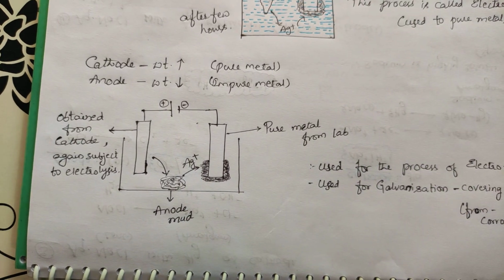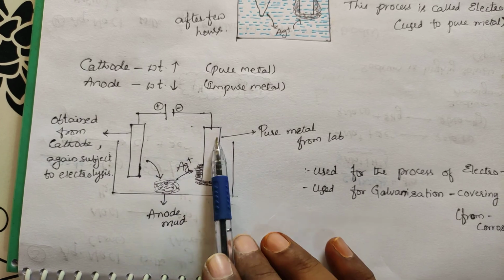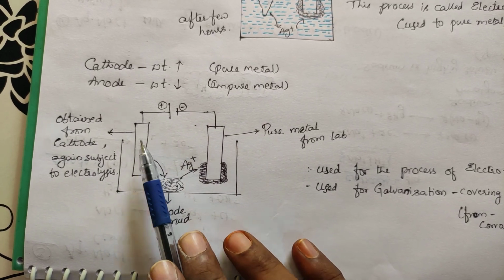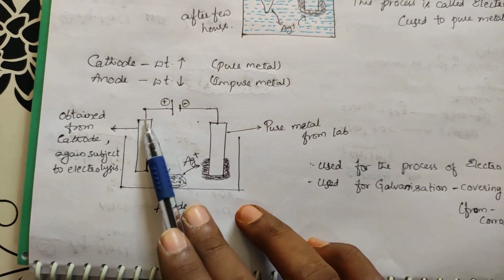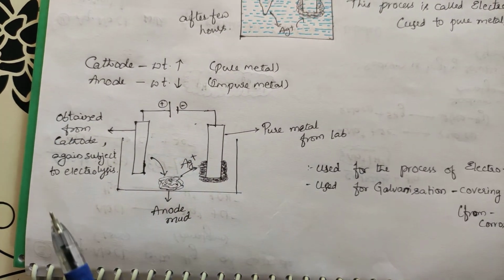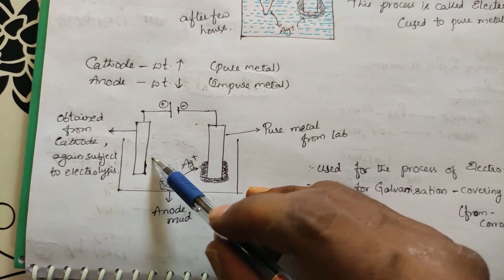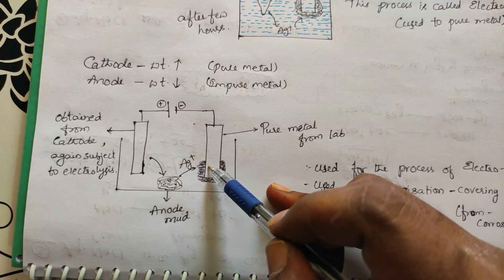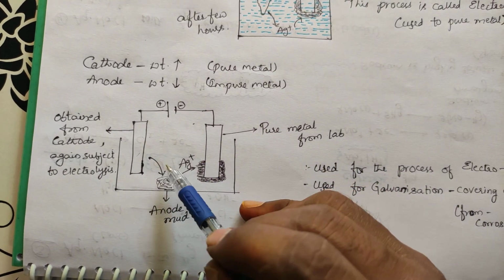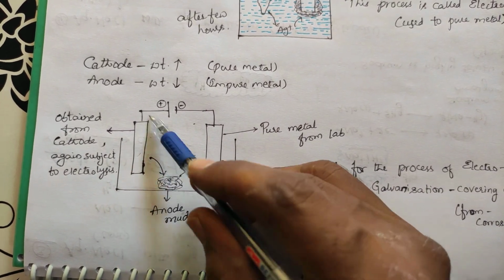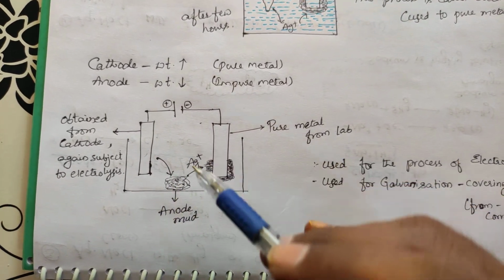So how is this used in metallurgy? You take two rods of silver only. This one is the pure silver rod you take from the lab, and this one is the impure one, meaning Ag mixed with other things like sulfur. If you subject it to electrolysis, what happens? From here Ag comes and gets deposited on this one. Only Ag comes into the solution. Even though sulfur is present, it will not come into the solution. Only Ag, whatever is present in this impure electrode, comes into the solution.